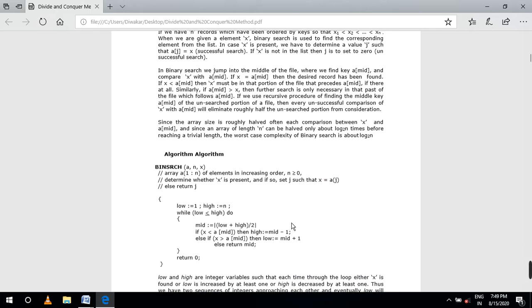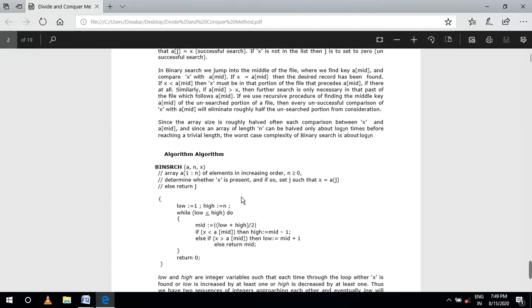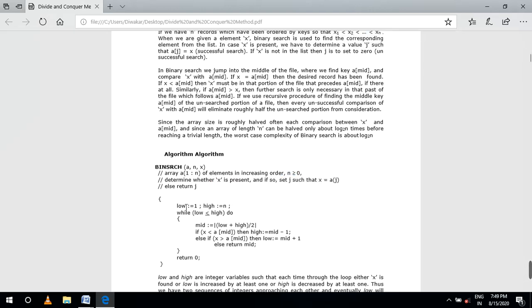In your array, indices may start from 0, but you may also declare them from 1. In some books the indices start from 1, but I am referring to 0 only. I start with indices 0 to n in my example. In this algorithm, if indices go from 1 to n in increasing order, low equals 1; in my case I start with low equal to 0 up to n terms.